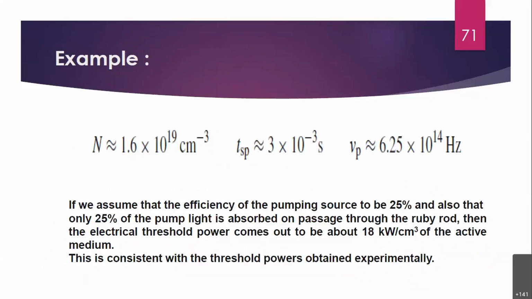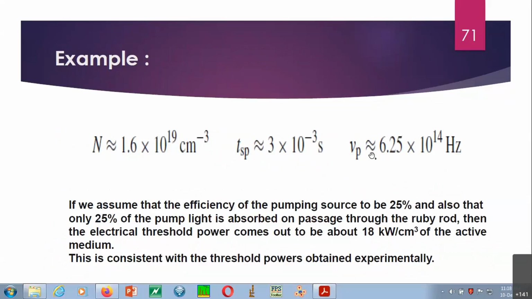So there is this example also where all such parameters are given. You see the value of n, that means number of atoms or particles, they have given. The lifetime is also given, 10 raised to minus 3 second, of the order of millisecond, 3 millisecond. And same way you see the pumping frequency also they have given. So all such data they have given, and then you have to find out the minimum pumping power. And then of course there are certain things on the screen. So all these things we'll discuss maybe in the case of tutorial. So right now I'm skipping this one.